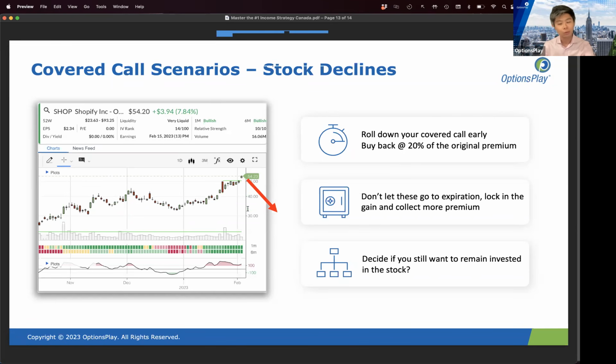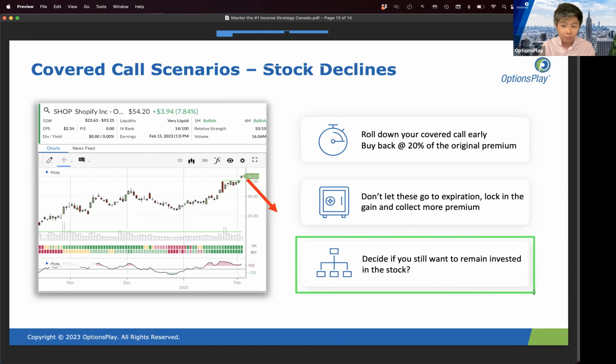And that is something that a lot of people don't talk about with the call, because again, a covered call, while an income generating strategy, is an income generating strategy on assets that you own. You should be prioritizing your assets, not the income. So when you have a stock that drops significantly, especially one that you sell covered calls on, but even on ones that you don't sell covered calls on, ask yourself, should I remain invested in the stock?